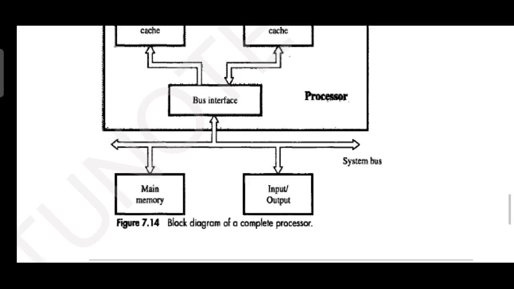Just recall, we have a main memory, a processor as well as input output devices. So single bus architecture is the one that connects all the peripherals like memory, processor as well as the input output devices. You can see the main memory and input output devices as a box. Then we have a single bus, right? This bus also connects to the processor, but we are studying in detail about the processor. So the processor has got a bus interface in it.